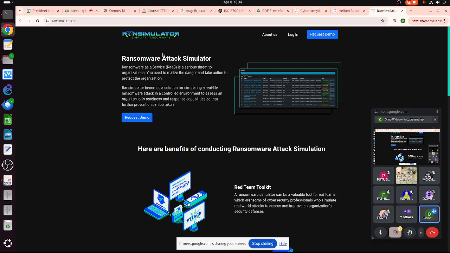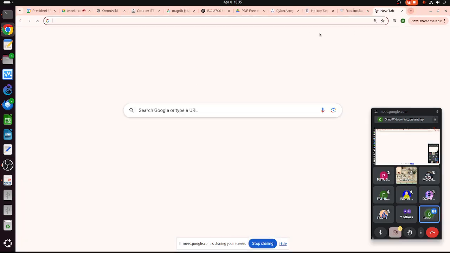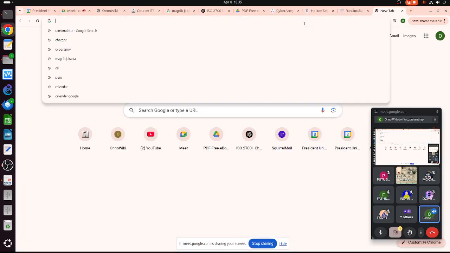So we can use this kind of simulator to do this. This is basically another tool to evaluate the cybersecurity readiness of a company. And the other one, this is more brutal actually,